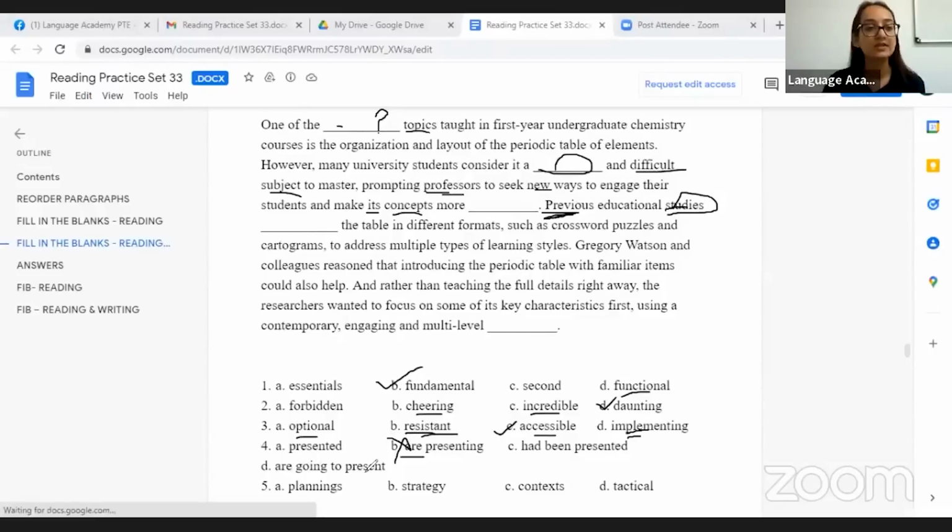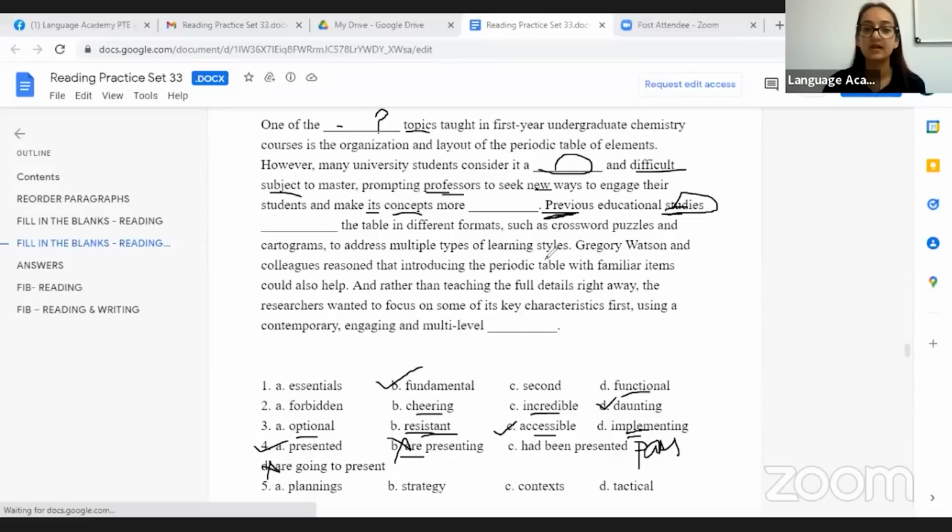Are going to means future. Again, future tense cannot be the answer. Had been presented: had been is passive voice, but we don't need passive voice here. We need active voice because studies have done the work. Whenever the doer of the work is written before the blank, then it is active voice. So we'll simply say studies presented the table in different formats such as crossword puzzles and cartograms to address multiple